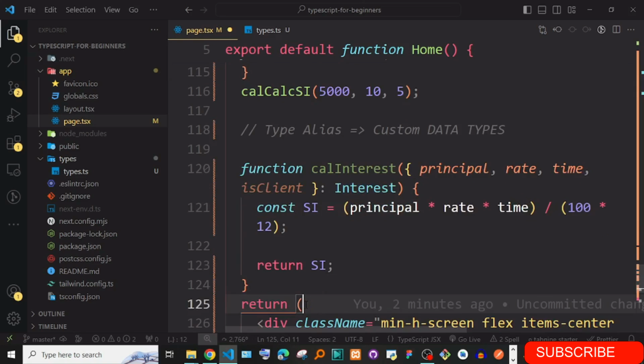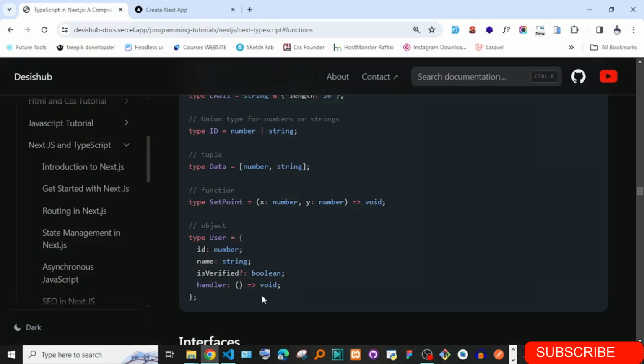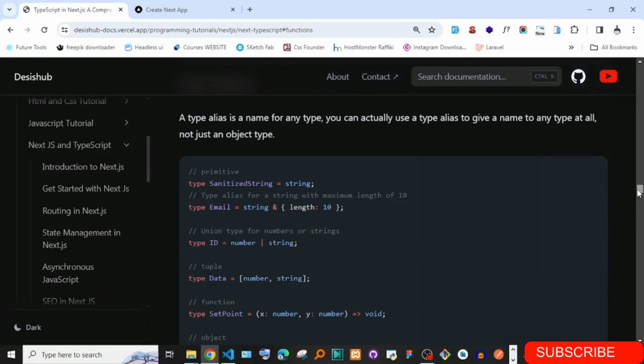Eventually we also have another one which is similar to this, called interface. Interfaces are similar to types or type aliases, except they only apply to objects. Type aliases can save any data type: primitives, strings, tuples, everything can be defined in a type alias.